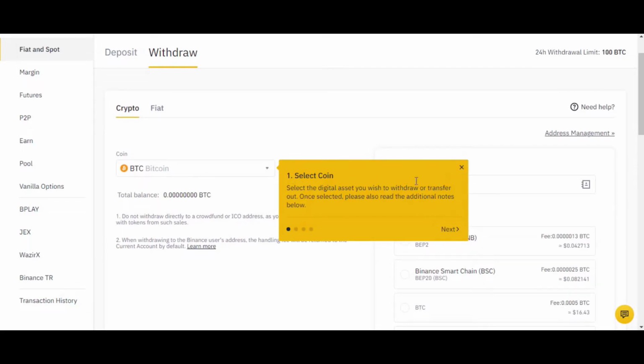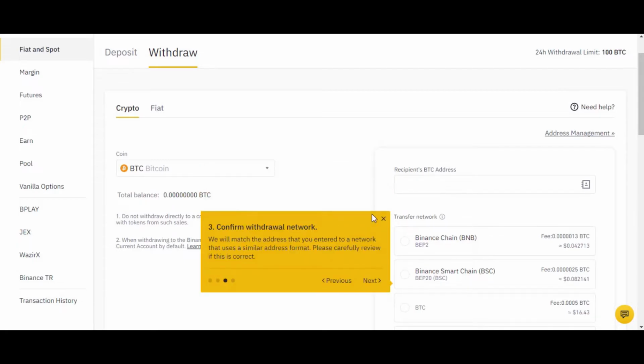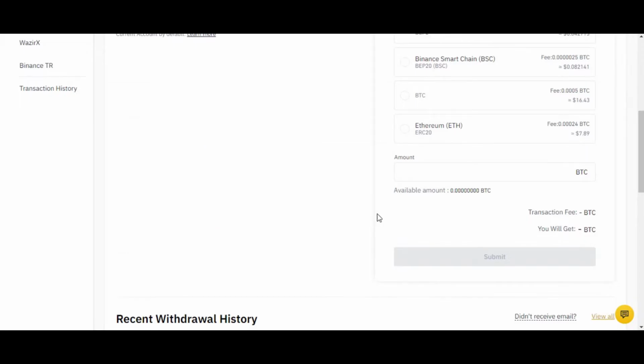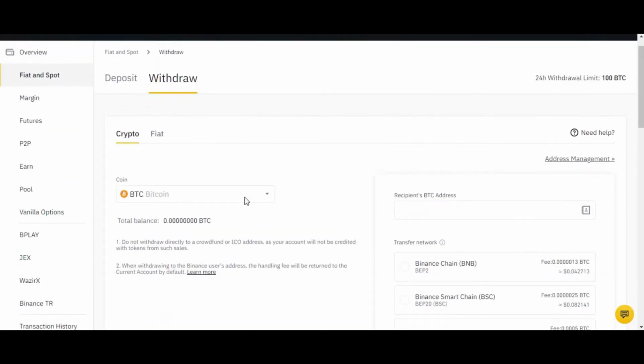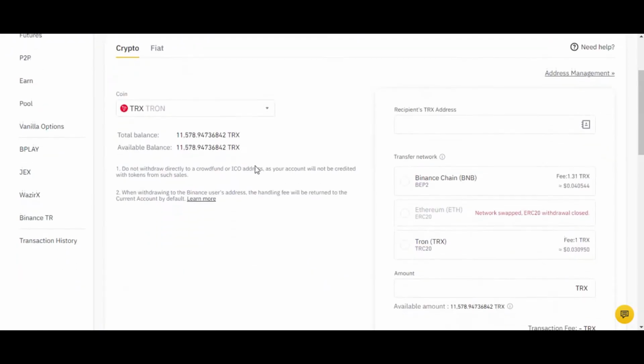You need to read the instruction, and once you have read it, click next, done. Now you need to select the currency you want to withdraw, select Tron. Right now your converted Bitcoin will be shown as Tron. You can see right now I have approximately 11,578 Tron.